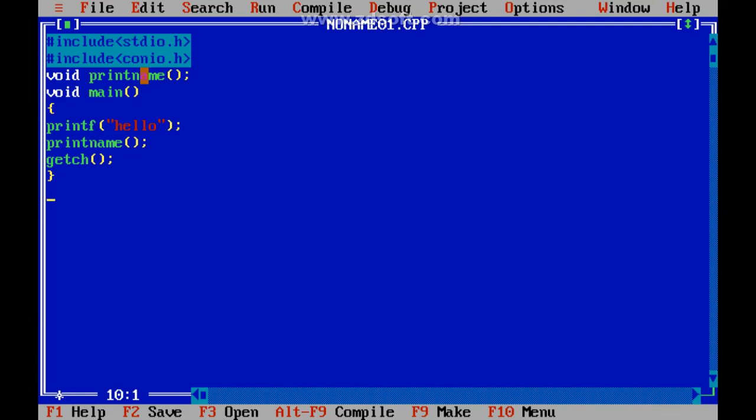Hope you have remembered the basic structure: after main, we have to write user defined functions. So what is my user defined function? Void print name. It is the function definition. Here I am going to use printf, it's C programming.